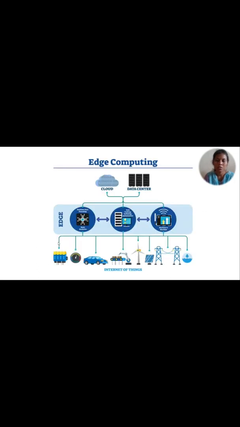This is a diagram of edge computing where the applications are stored in the cloud. The important applications are stored in the edge computing. The real-time data processing is stored in the edge computing, and the data caching and buffering optimizations are stored in the edge computing data center. And the machine-to-machine language is stored in the edge computing.